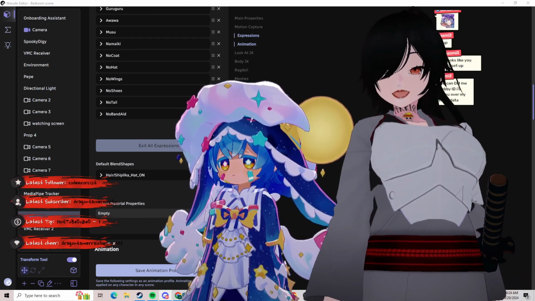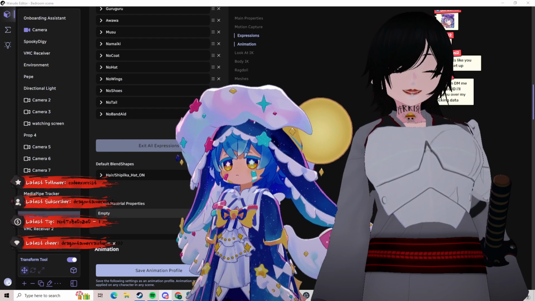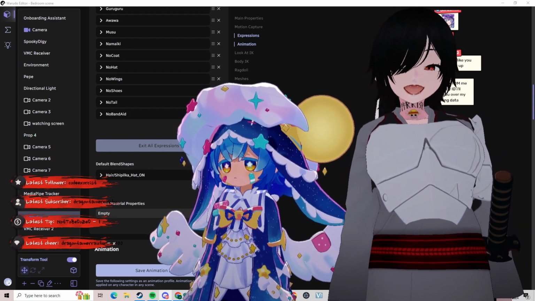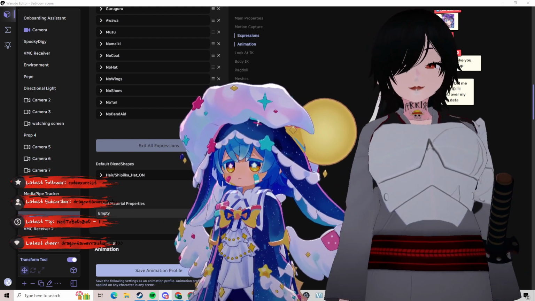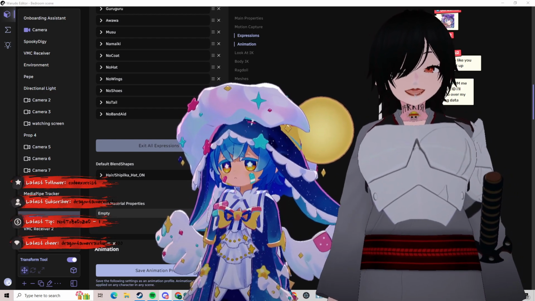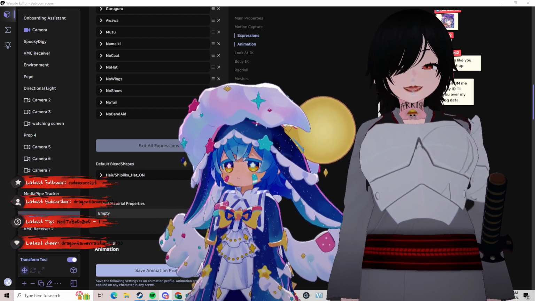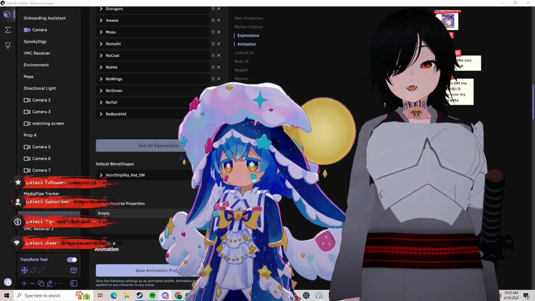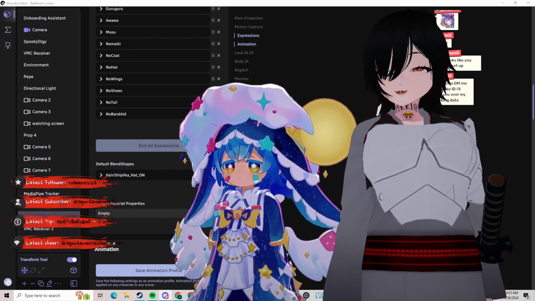I can have my environment, like Tokyo Night Sky or my studio, and I could just have you set up a default sitting position, and once you establish that, I can move your model into a chair.